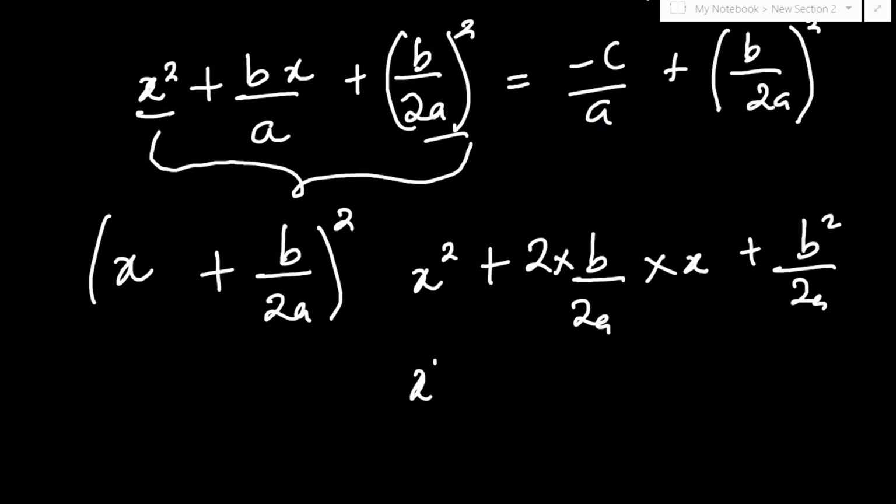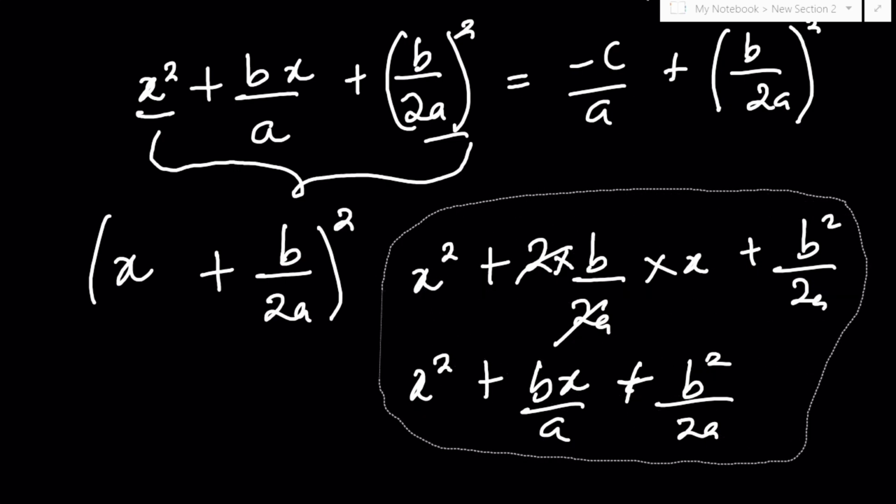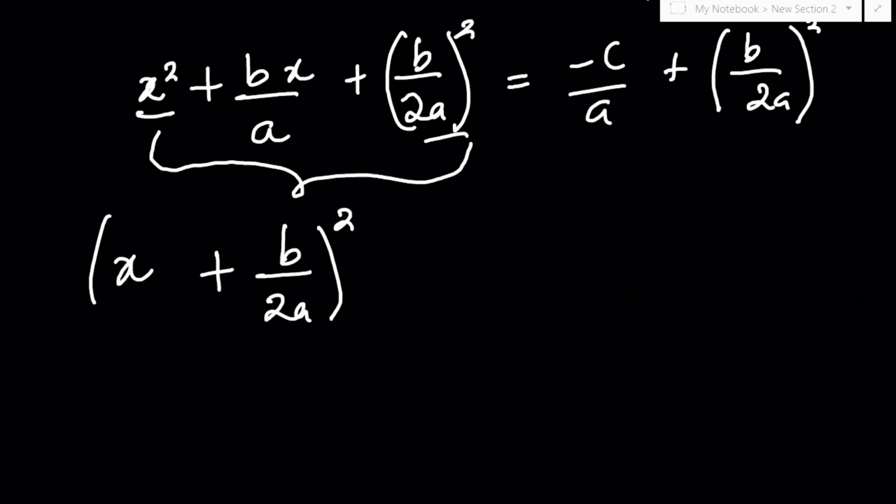And then finally we have x squared plus, 2 can cancel 2, so we have b times x, that is bx over a, plus b squared over 2a. You see that we have basically the same thing here again. So that's just how we factorize it. So let me get rid of that so we can continue deriving the quadratic formula. So this now will be equal to